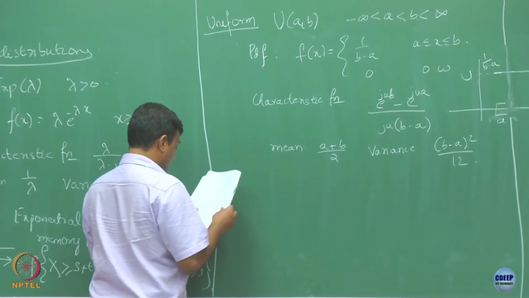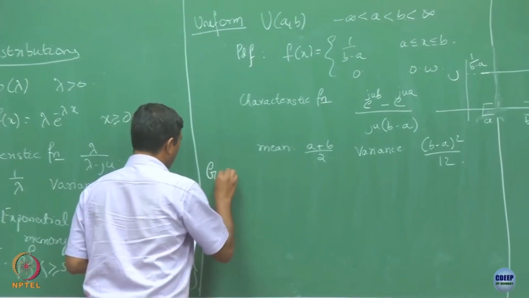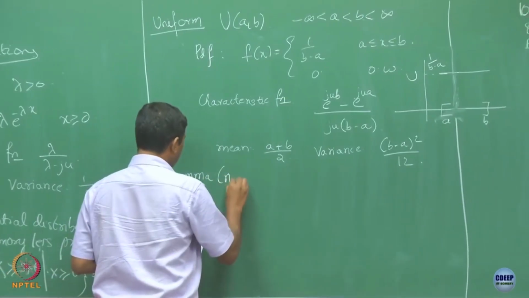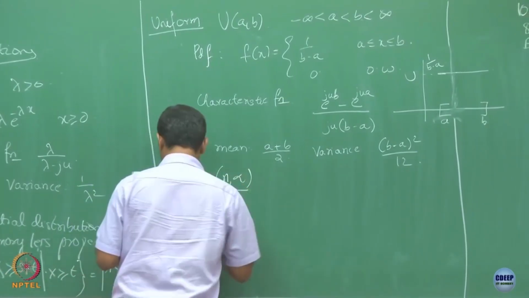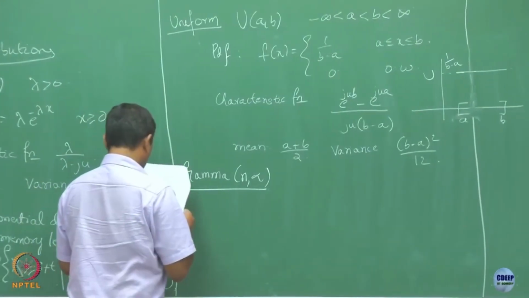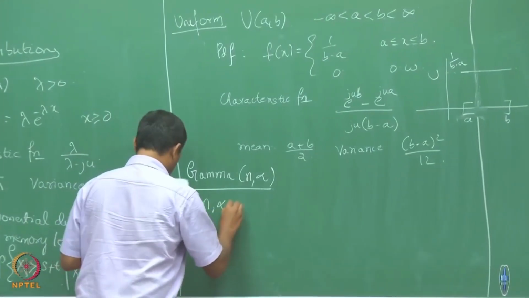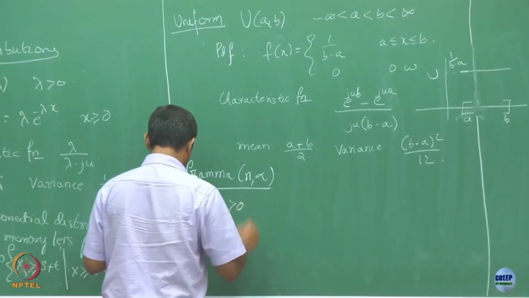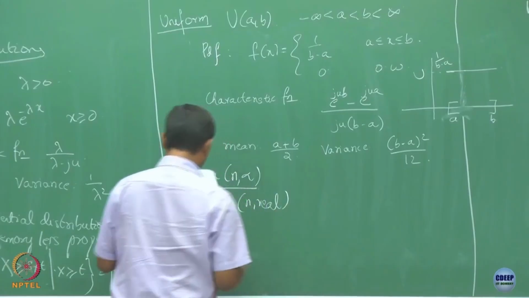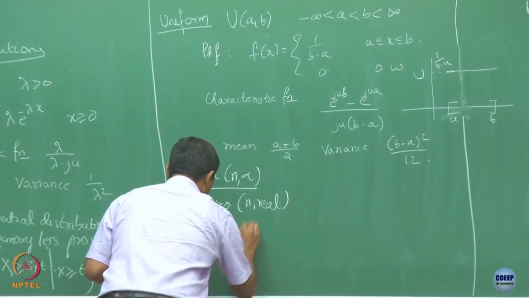Okay, fine. And then alpha, real and real. So the PDF of this